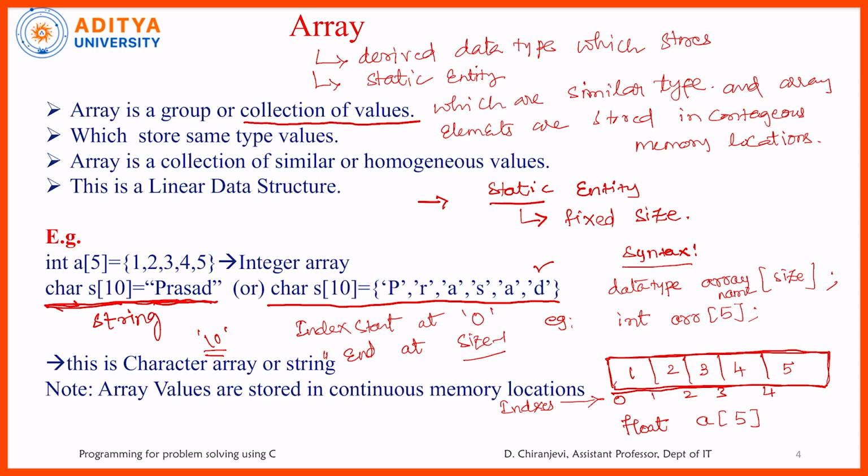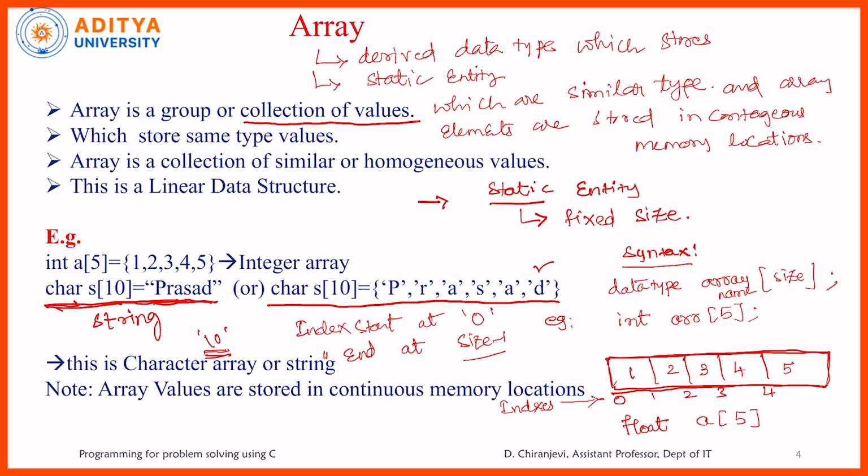If I store exactly 10 characters, what will happen? It will store 9 characters, and then the last character is null. Even if you give a 10th character, it will not take it if it is a string. So the difference between a basic character array and a string is that in a character array the elements are characters and the last element is also a character, and in a string the value is in double quotes and the last character is the null character. This is the basic difference.